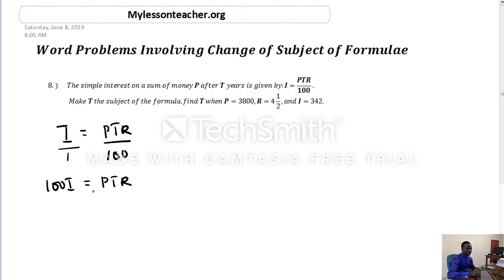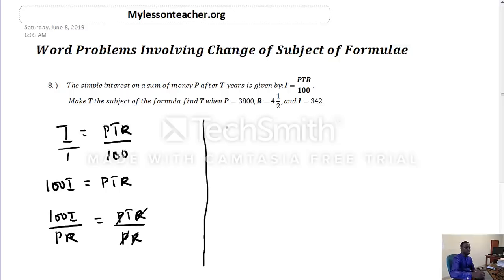PTR, of which our interest is on T. So we are going to divide both sides by P and R, leaving us with 100I divided by PR is equal to PTR divided by PR. P will cancel P and R will do the same, leaving us with T, being the time, is equal to